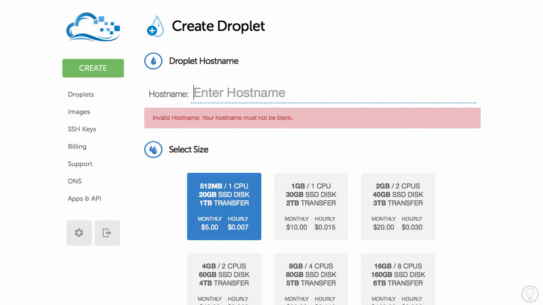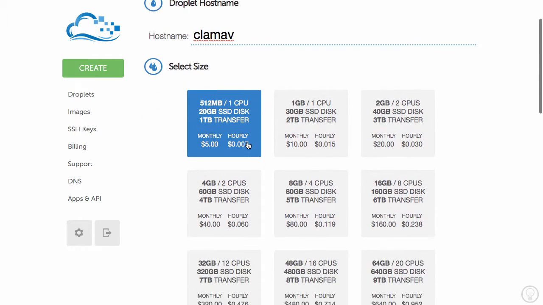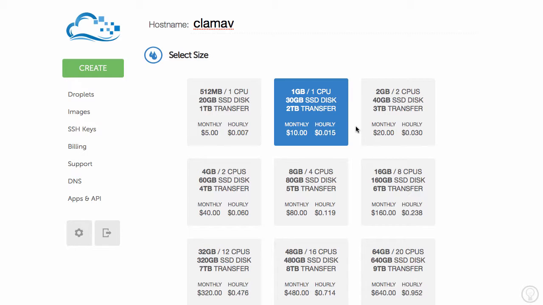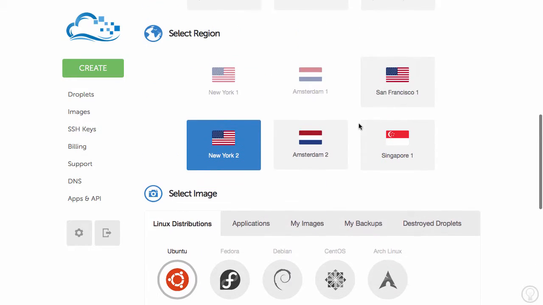In this episode, we're going to be installing ClamAV, which is a Unix-based antivirus system. I'll go ahead and name the host name ClamAV here. We're going to select a size that is bigger than normal, just because of the resources that ClamAV takes up when it's trying to run itself, to run the antivirus application. So we'll choose 1 gigabyte, one CPU here with 30 gigabytes, and then we'll choose the San